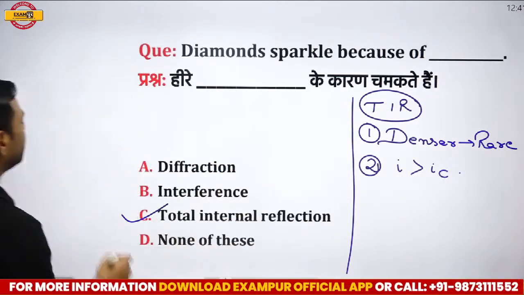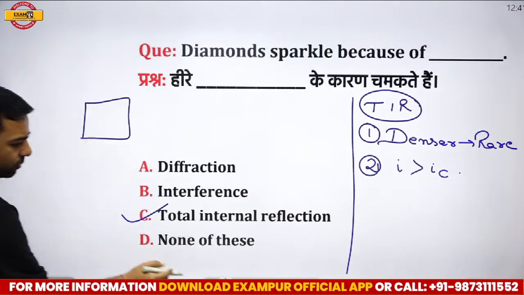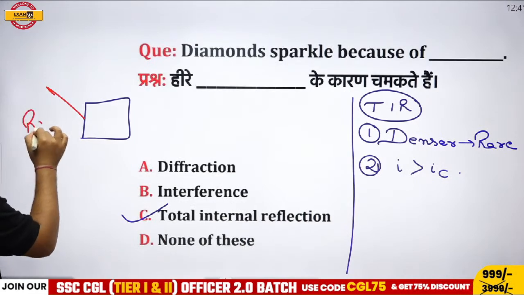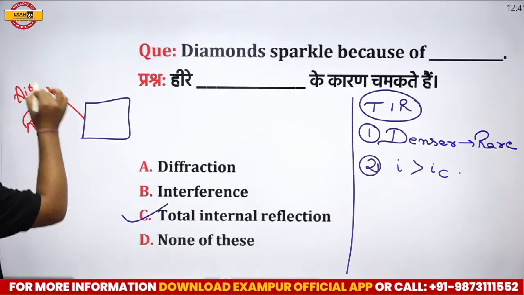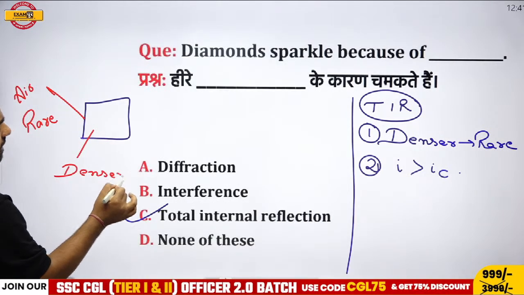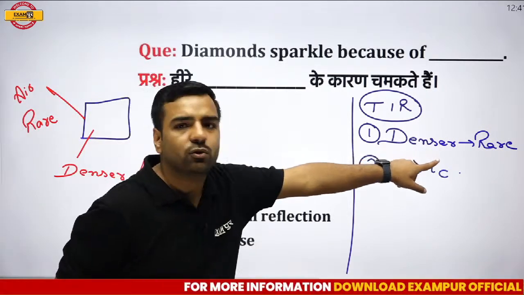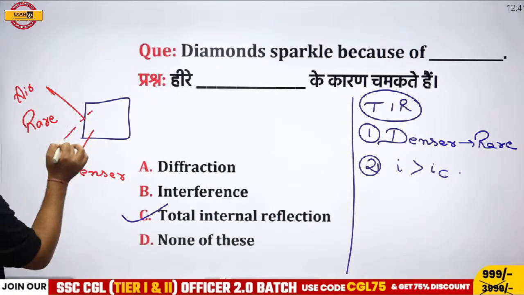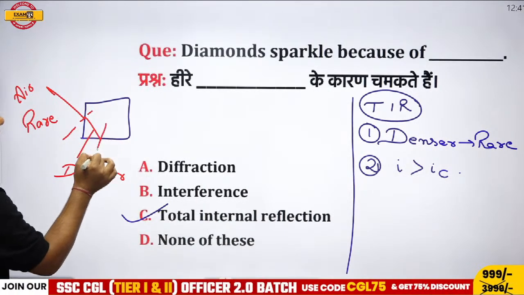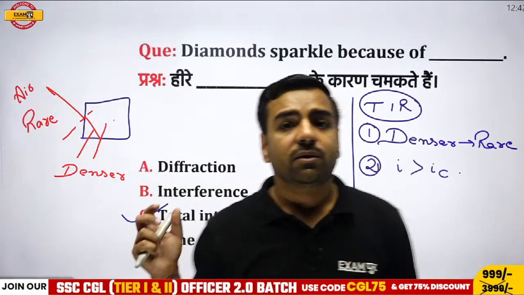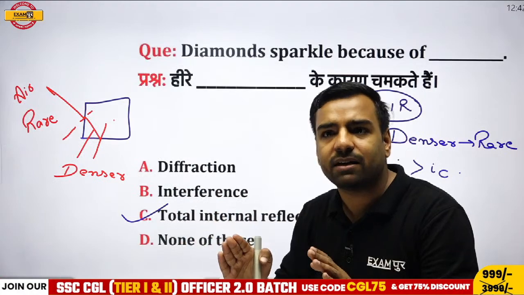Now, if I talk about a diamond, let us assume a light ray is entering here. When the light ray enters, the outer medium is rare, because it is air. The inside medium is glass, which is denser. The condition was that light travels from denser to rare, but here light is traveling from rare to denser. This means light can enter. Once the light has entered, here this is denser, this is rare. The first condition is satisfied. Now what will happen? This diamond is actually cut in such a manner